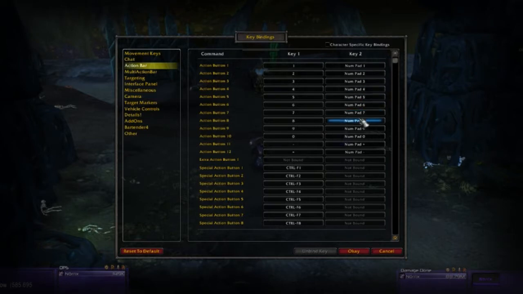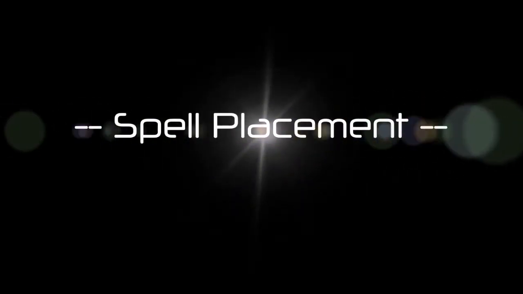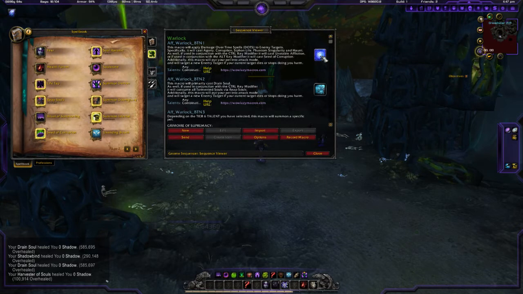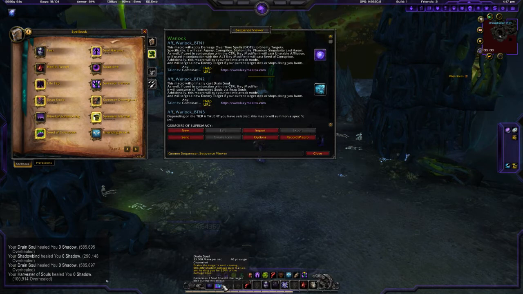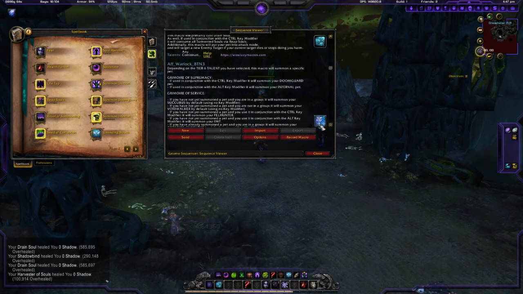To get my numpad to work properly, I must first bind each key to a specific action bar button. This is accomplished via the Keybinding interface. I place my spells and macros on specific buttons across the action bar. The dot macro is placed on button 1, the Reap Souls Drain Soul macro on button 2, the Pet macro on button 3,